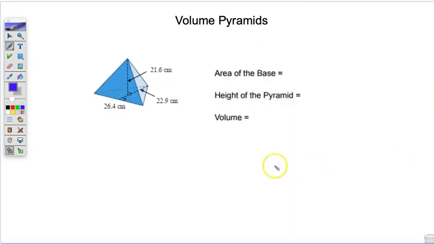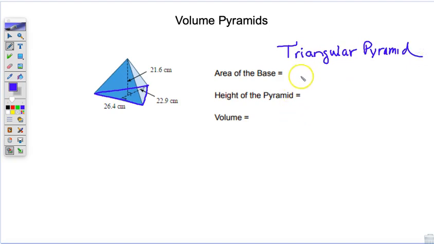This will be our last example. Again, look at the very bottom here. I'll just kind of outline that. It looks like the bottom of our pyramid is the shape of a triangle. So this is called a triangular pyramid. So again, for the area of the base, it's always going to be what shape the base or the bottom of that shape is. And since it's a triangle, we know that that is going to be the base, which looks like it's 26.4